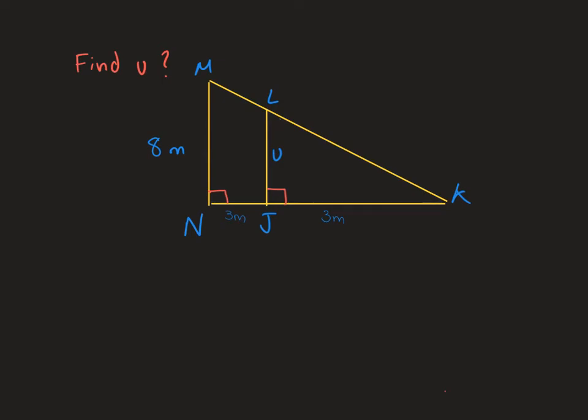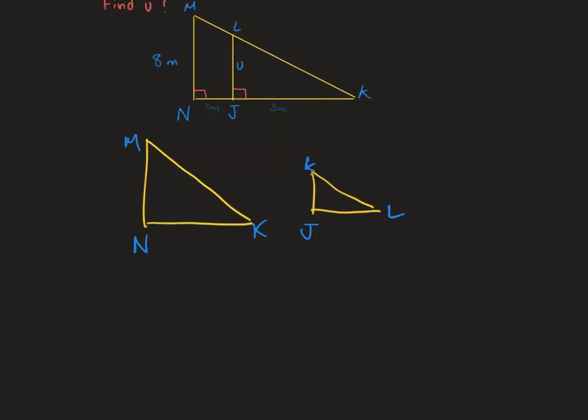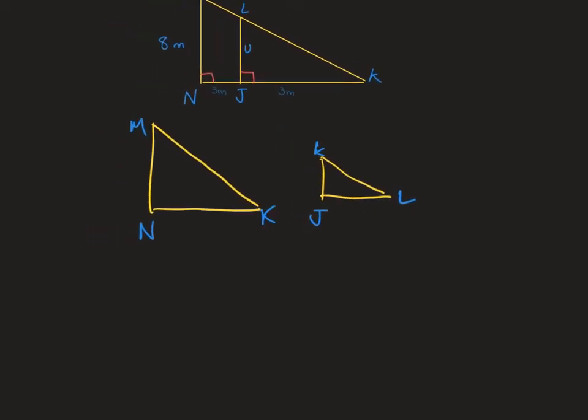So, finding similar triangles. The original diagram included a smaller triangle inside a larger triangle, so we must redraw them as separate triangles. The way I would do this is redraw them. When we redraw them, let me just add